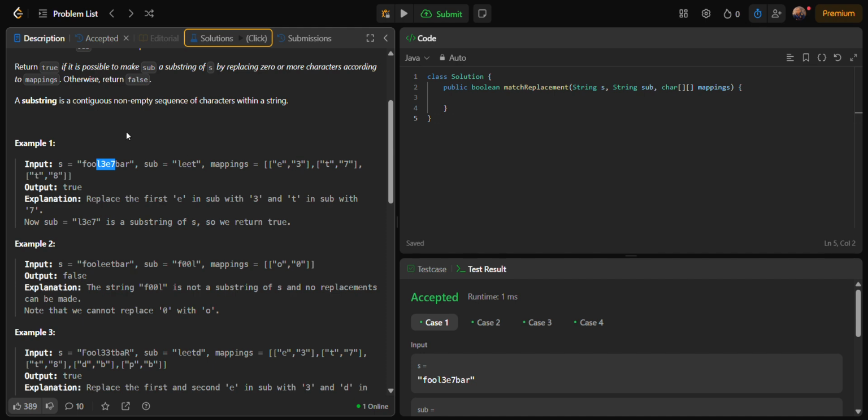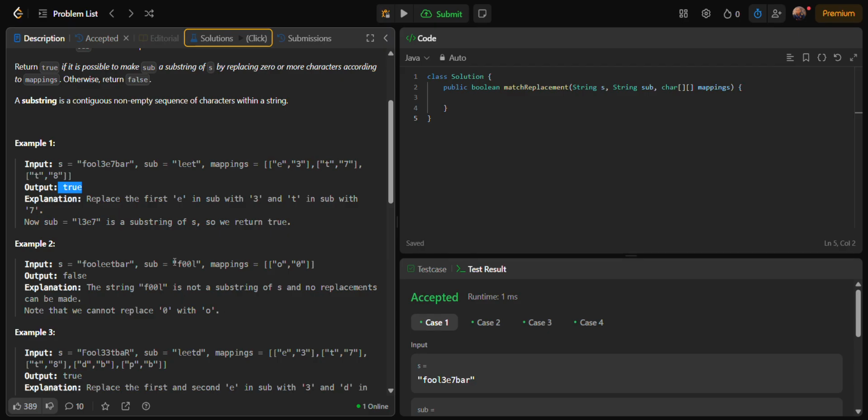Now we'll move forward to E, and this E matches. And instead of T I can use either 7 or 8, so I shall use 7. So I eventually got my sub as L3E7, which is a substring of s. So if I am able to find such a substring, then I would return true. Otherwise, if I'm not able to find one,